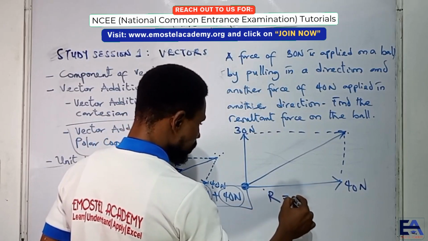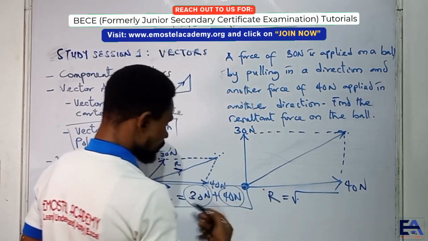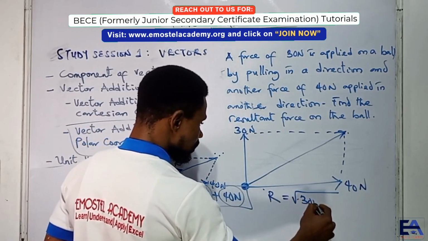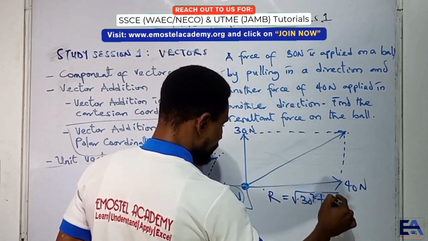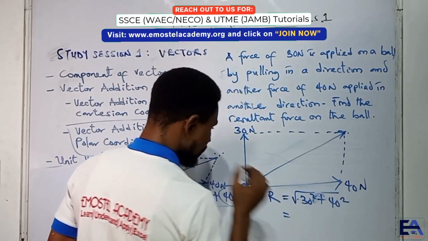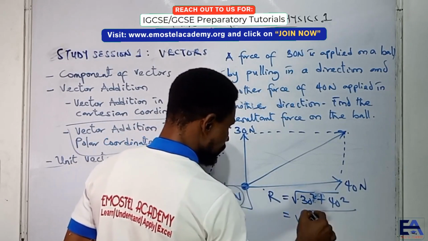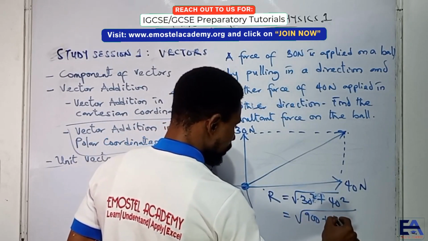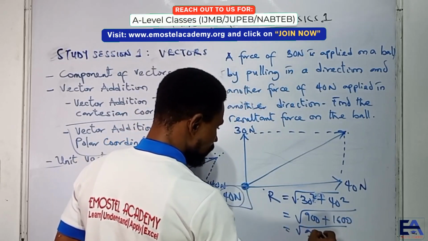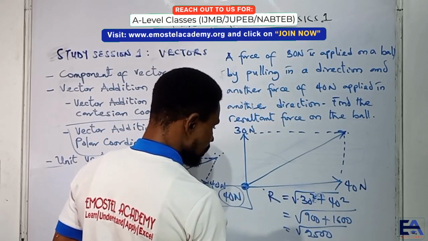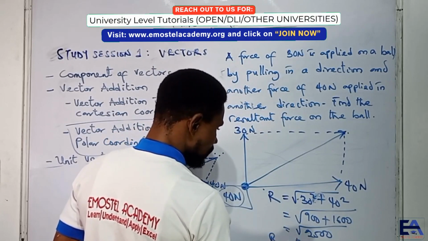R is equal to the square root of the sum of the squares of the two vectors. So we have 30 squared plus 40 squared, and that's going to be equal to the square root of 900 plus 1600. And then that's going to be equal to the square root of 2500. And then the answer is what? 50